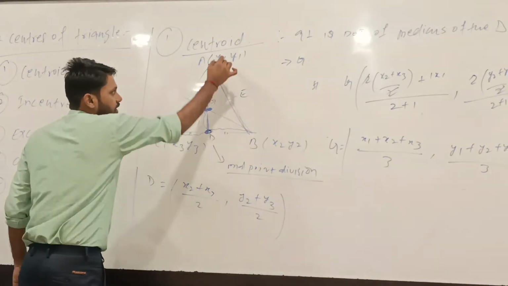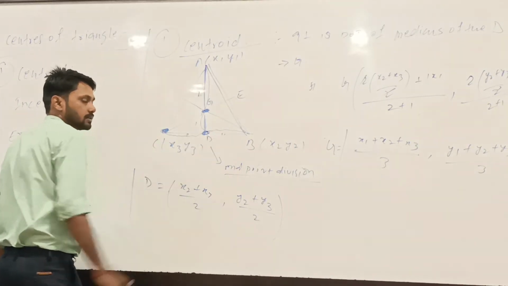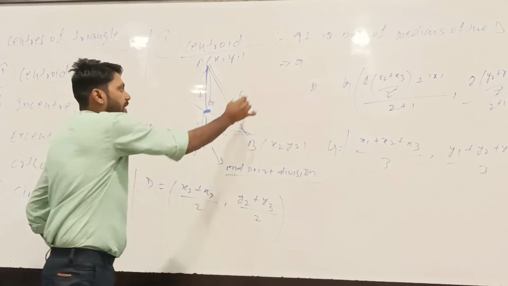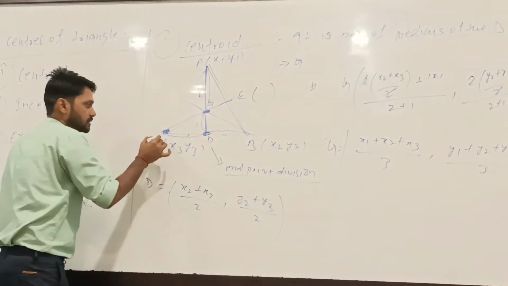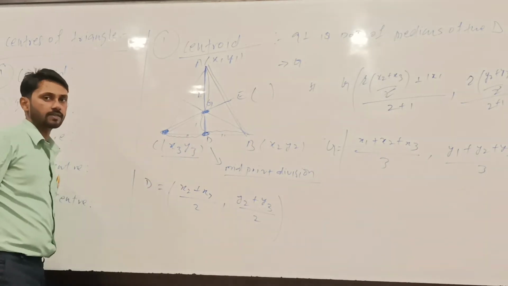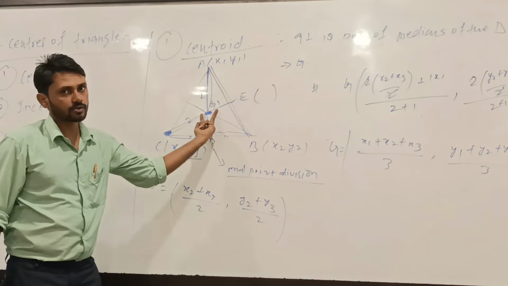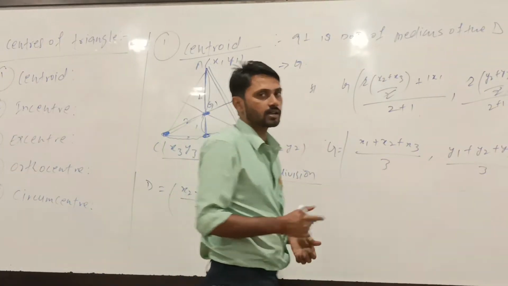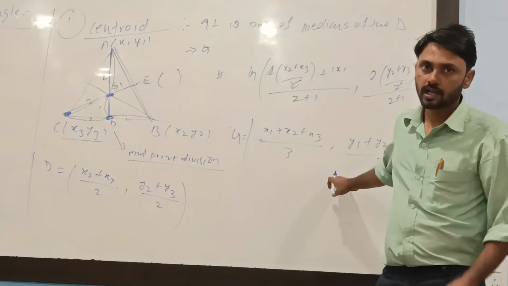Suppose this is E. This is the midpoint of line AB. So you can find the coordinates of this and check this line. The coordinate of C is given, so the same, this will be a 2:1 ratio. You can find the centroid, and in that case also you will get the coordinates of the centroid as this one. Understood? I'm sure you understood.